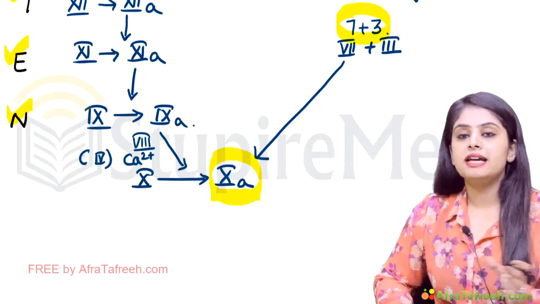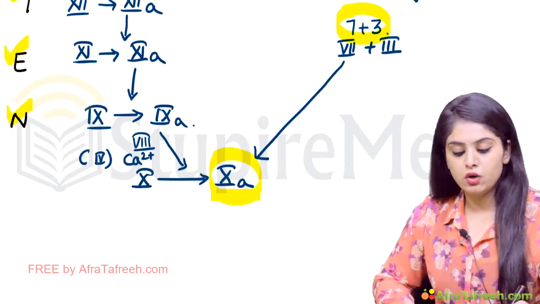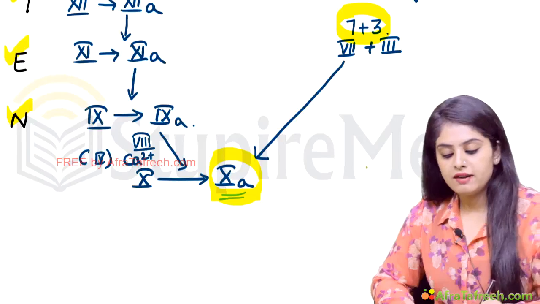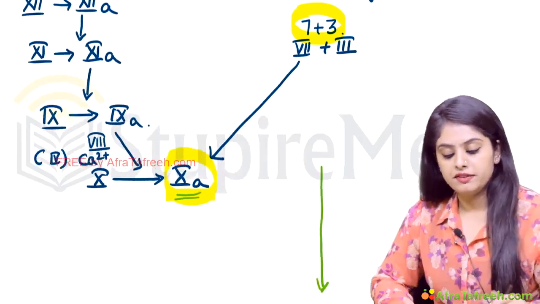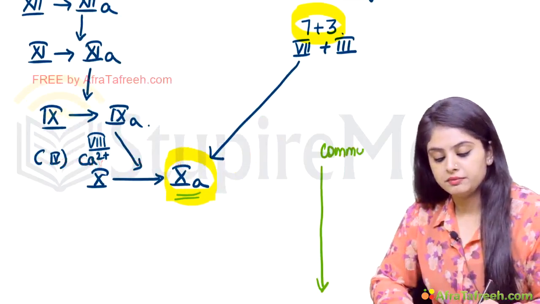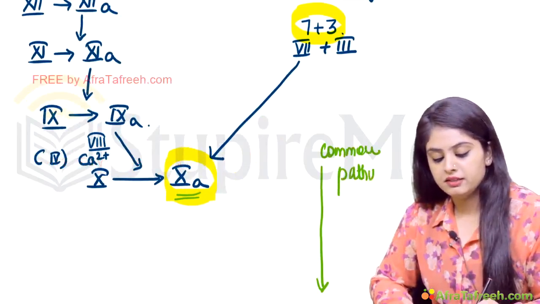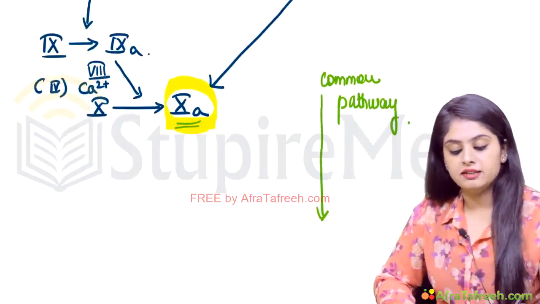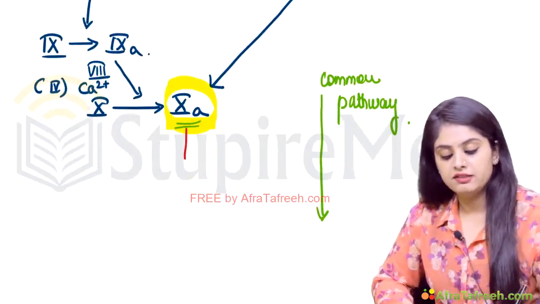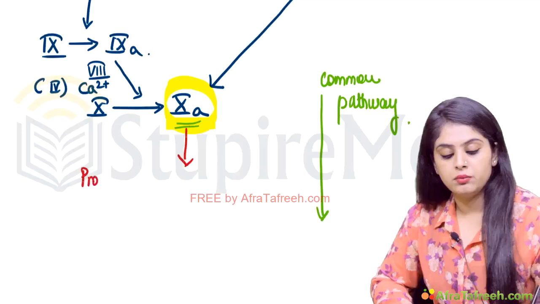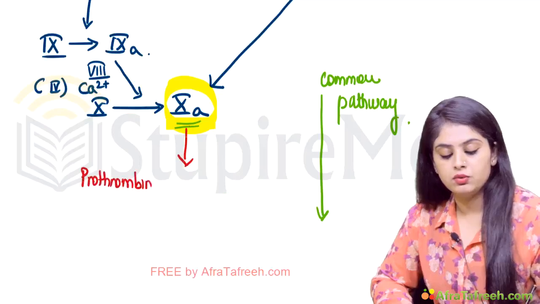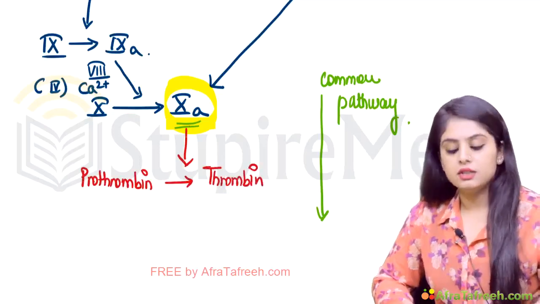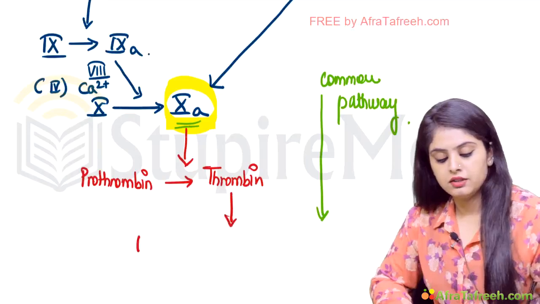Now that both the intrinsic and the extrinsic pathways have converged onto a common factor, that is factor 10, and activated it into 10A, what we have from now onwards will be classified as the common pathway. Now students, this 10A that has entered the common pathway will now convert prothrombin to thrombin, which in turn will convert fibrinogen